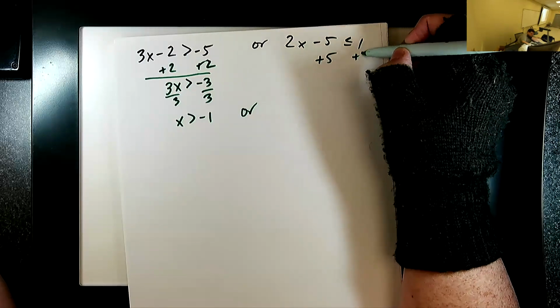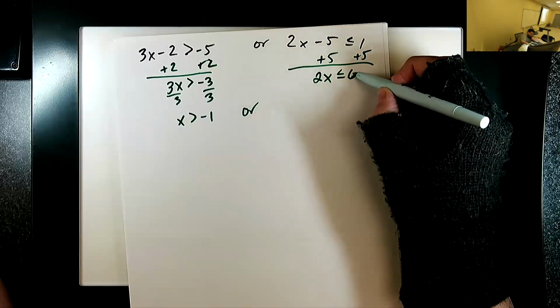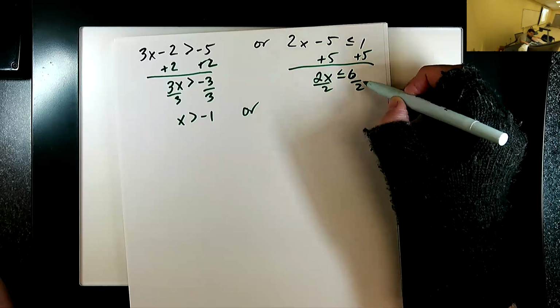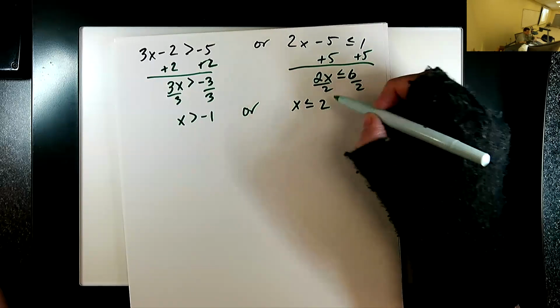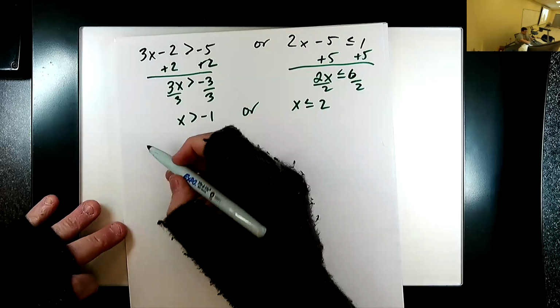I'll add 5 to both sides. I get 2x is less than or equal to 6. I divide by 2, and I get x is less than or equal to 3. If I do a number line here,